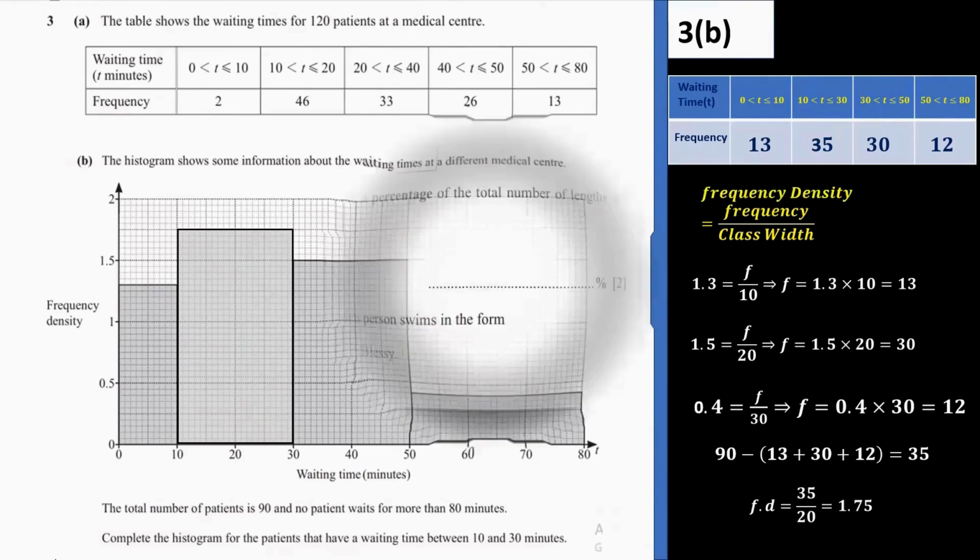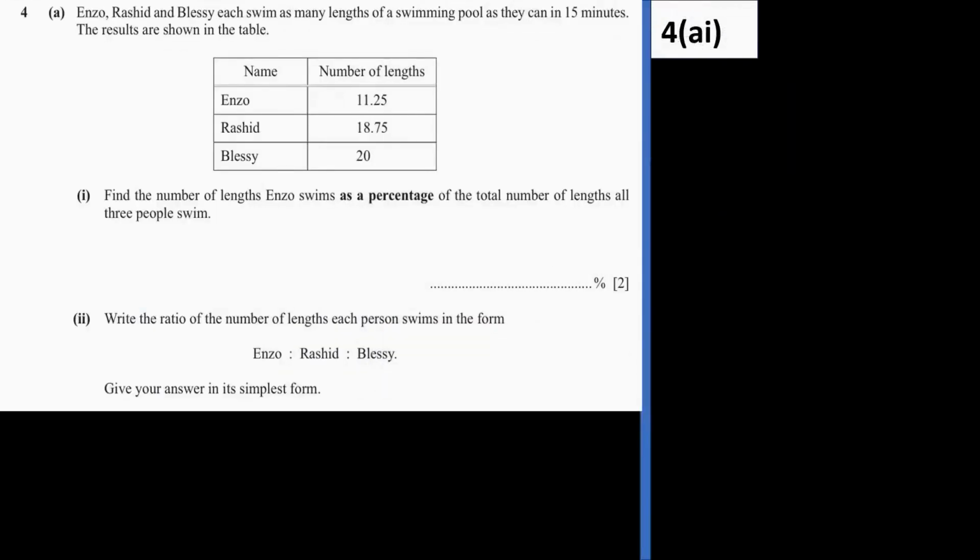We proceed to the next question, and that question is 4A. We have 4AI. Enzo, Rashid, and Blessy each swim as many lengths of a swimming pool as they can in 15 minutes. The results are shown in the table. And so we have the name and we have the number of lengths. Enzo covers 11.25, Rashid covers 18.75, and then Blessy covers 20. Now here we are required to find the number of lengths Enzo swims as a percentage of the total number of lengths